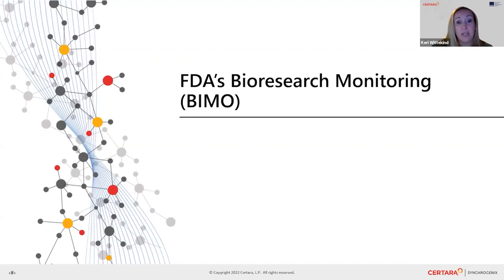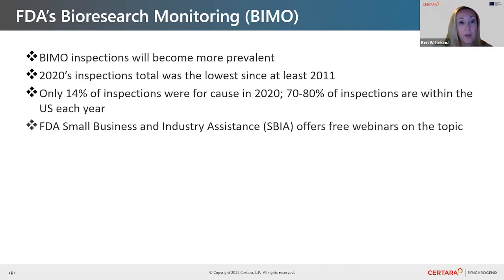I'd like to touch on the FDA's Bioresearch Monitoring, known as BIMO. BIMO inspections will become more prevalent. However, 2020's inspection total was the lowest we've seen since at least 2011. Only 14% of inspections were for cause in 2020, and 70 to 80% of inspections are within the US each